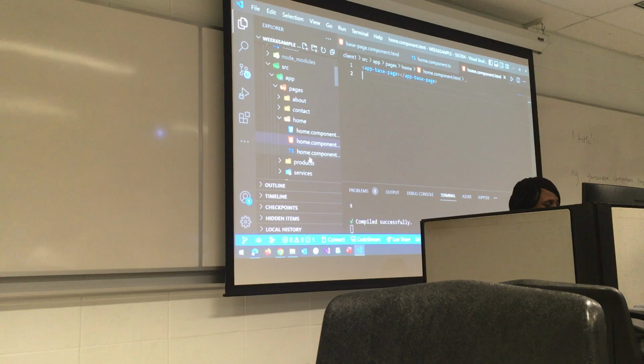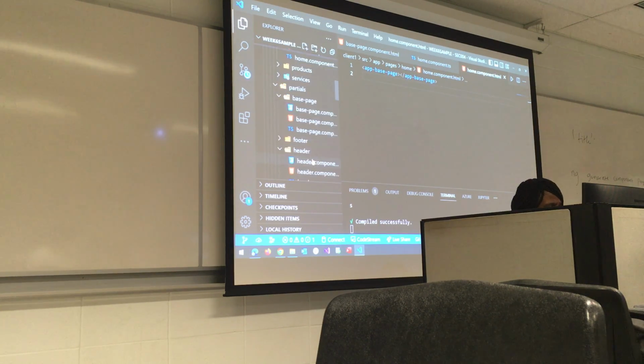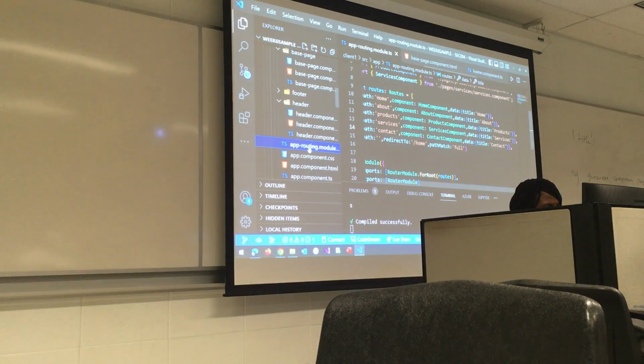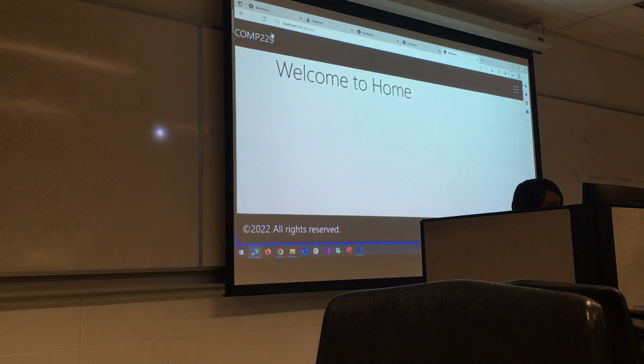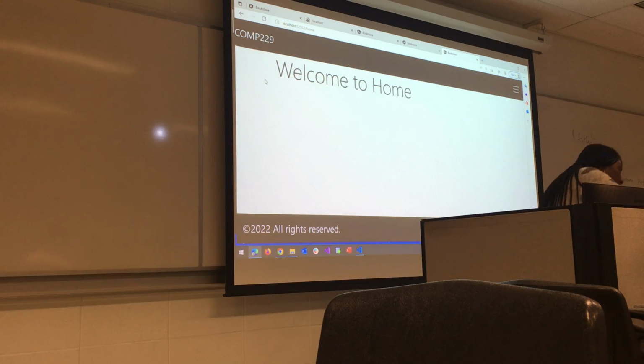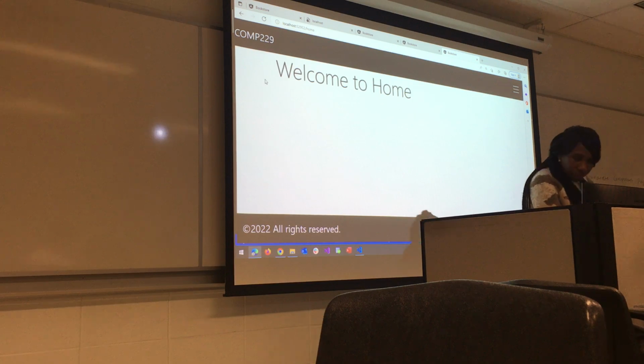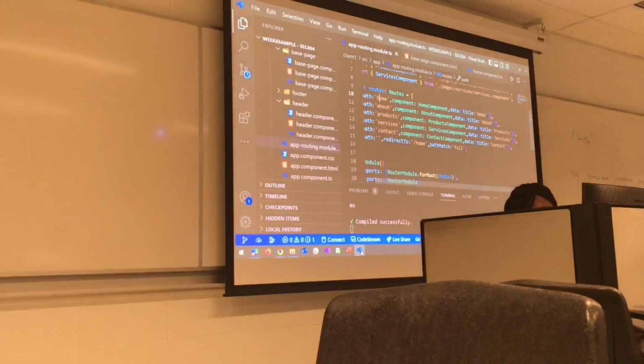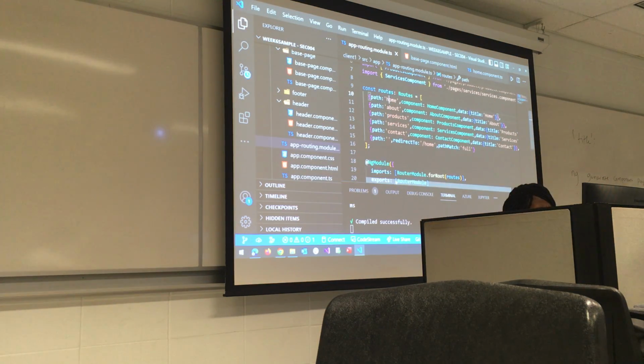The H is case sensitive. When we were doing the routes, we made the H capital, and it's case sensitive. So the app routing module, where we have the component, the path.